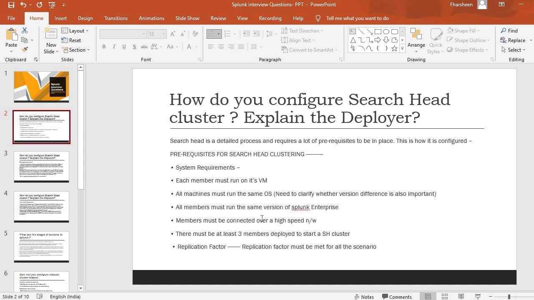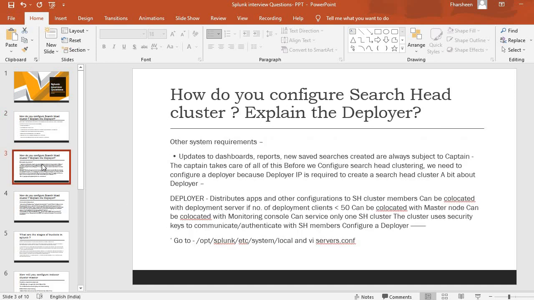The network should be fast, and there must be at least 3 members deployed to start a search head cluster, and it should also meet the replication factor scenario. You also need to have a couple of other system requirements; you can talk about those too.